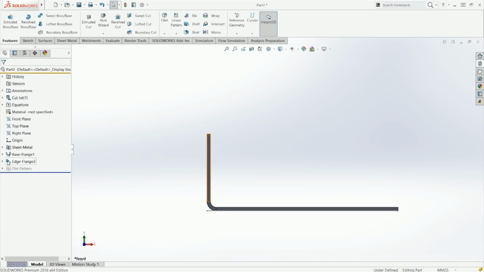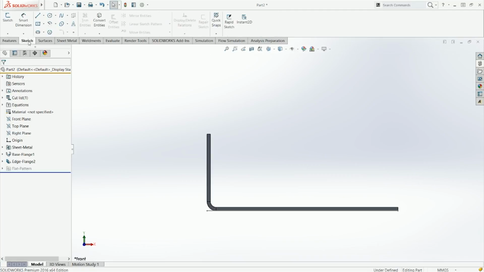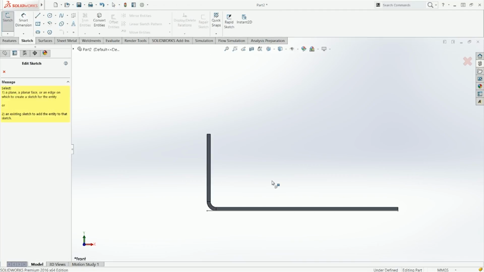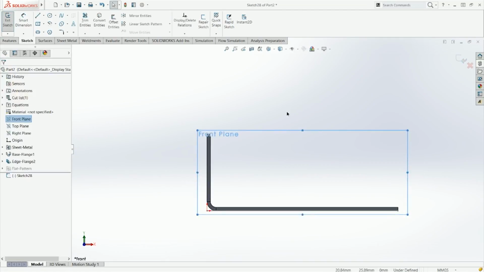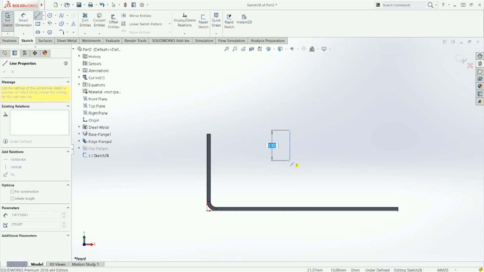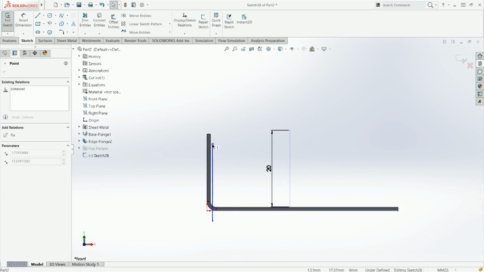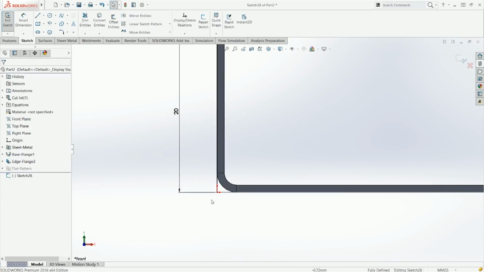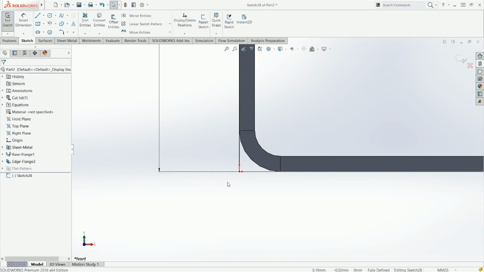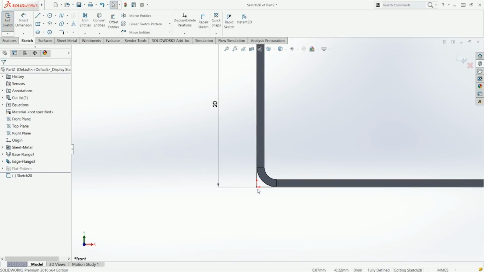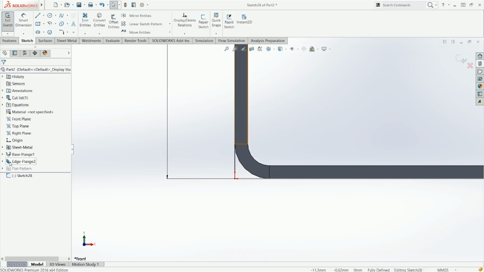And I'm going to create a sketch on that face so you can see better what I mean, and I'm going to say 20. If you drag this over here, as you see, the 20 starts from the